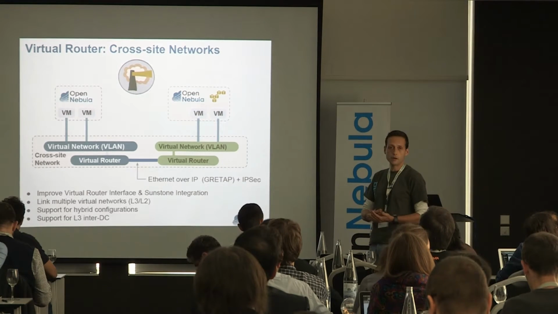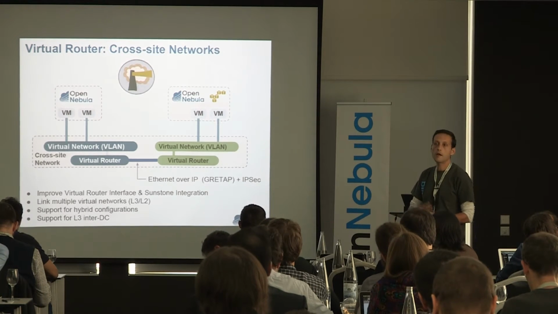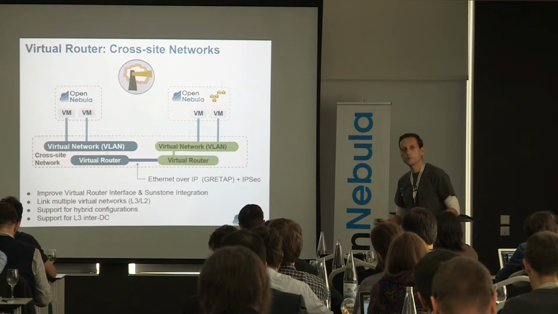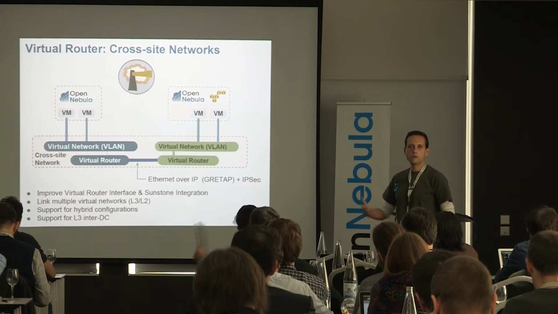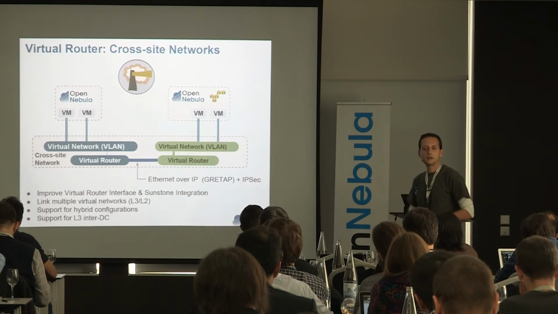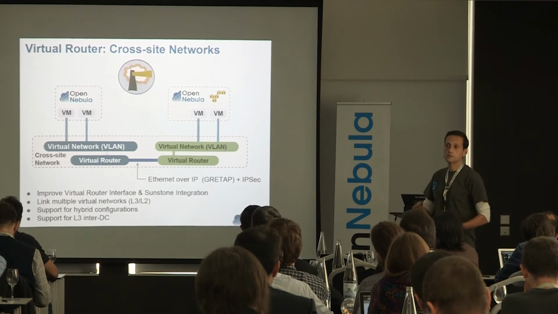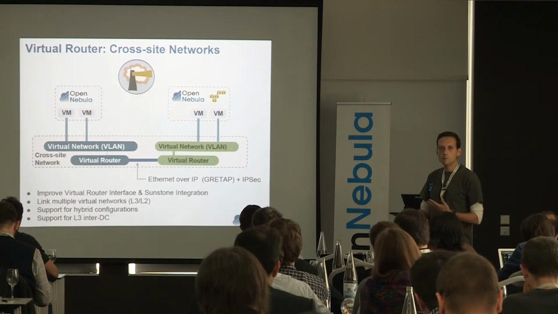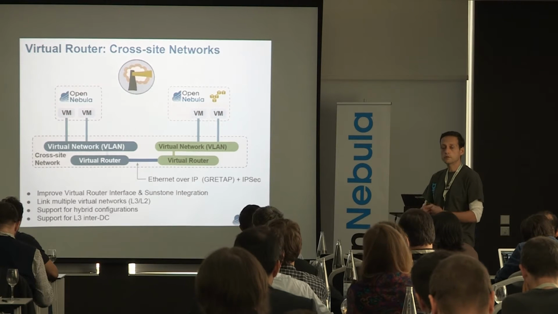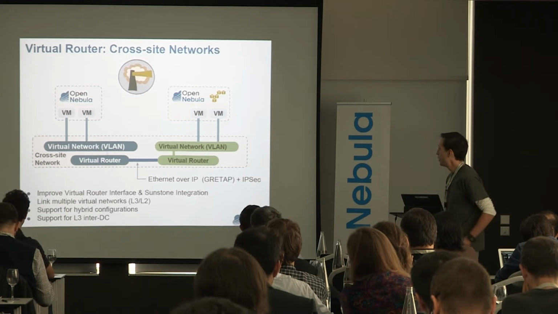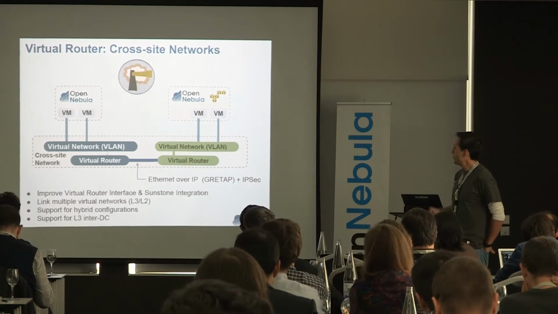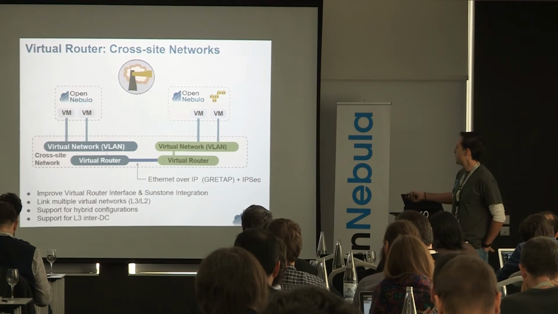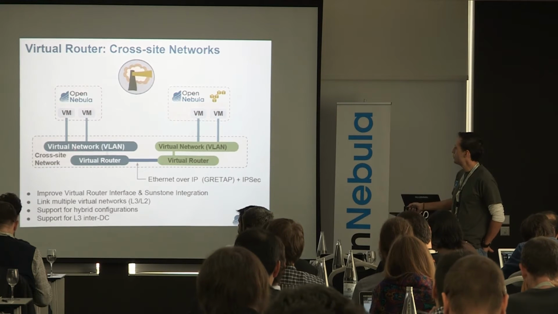One of the most important drawbacks if you want to deploy in a hybrid setup is what you do with your networks. Usually what people do is a VPN with your local network, and that works to some extent, but in some situations you need a more flexible and also more integrated solution with your local network. So one of the things we can do, or want to do, is evolve this virtual router appliance to being able to link